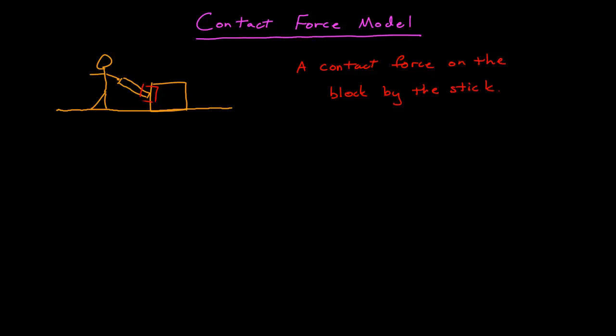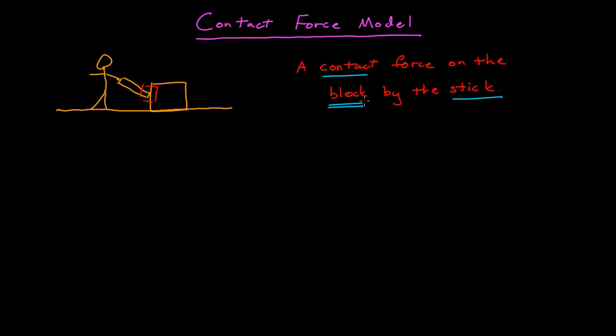So you can see I have my type of force, it's my contact force, it's on the block. The block is my object, here the stick is the agent. The agent is the thing in physical contact with my object, which is the block. So the first thing I need to do in working with my contact force model is